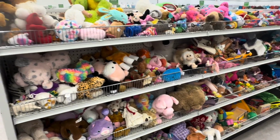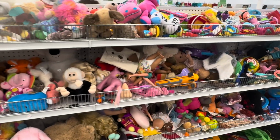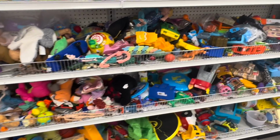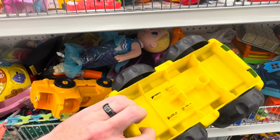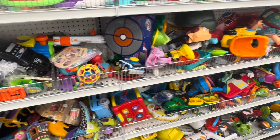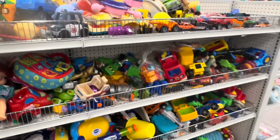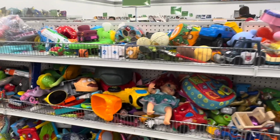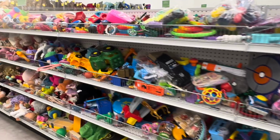Nothing there. Back to the indoor section of toys. Let's see what we can find in here. Again, lots of low value stuff, but there's just treasures everywhere. It's modern. What can we find here? Yeah, I know that a lot of people make a full-time living on toys alone. So it's definitely something that you want to brush up on. And definitely don't feel bad buying and flipping toys from the thrift stores, because